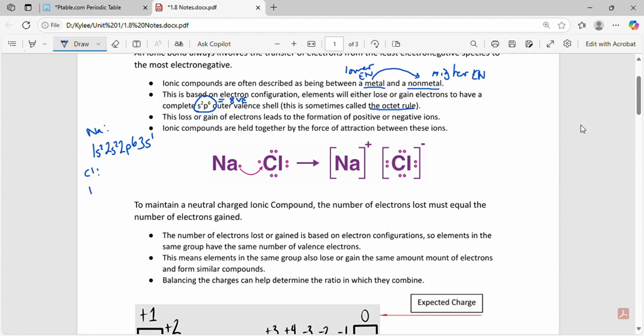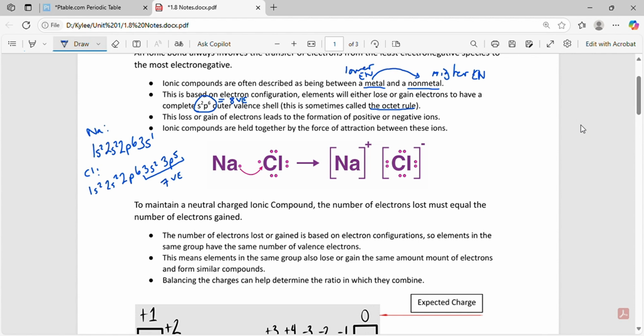Chlorine is 1s2, 2s2, 2p6, 3s2, 3p5. So chlorine, on the other hand, has 7 valence electrons, which is why chlorine has 7 dots around it. Now, chlorine is more electronegative than sodium, and so when atoms of sodium and chlorine get nearby each other, sodium wants to send this electron on over to chlorine. And in doing so, by transferring this electron, that arrow is showing the transfer of electron,